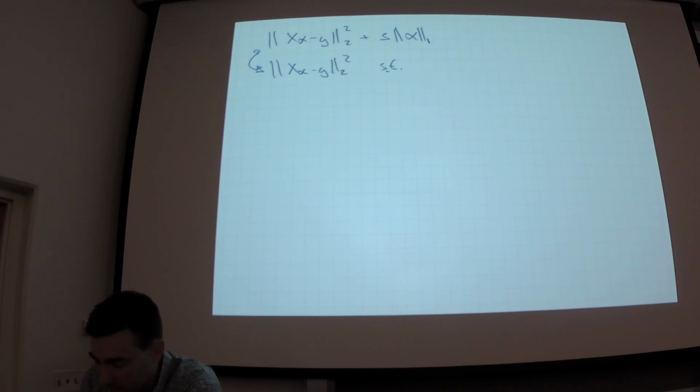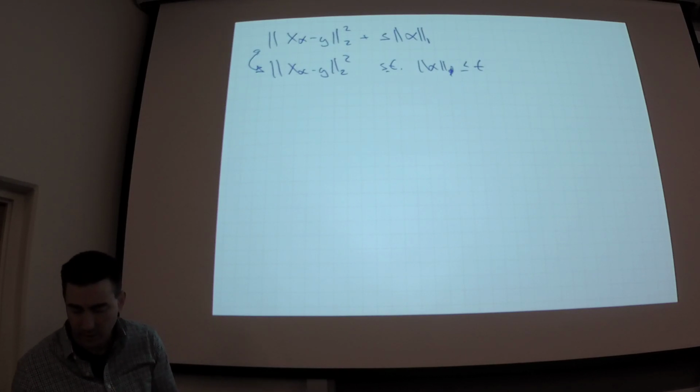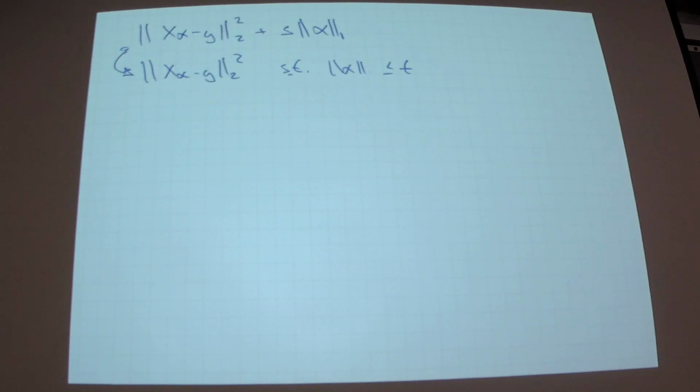have a such that the one norm is less than t, right? So that instead, I can say I want to solve the exact L2 formulation here, the least squares formulation, but put a hard restriction that the one norm of the coordinates is less than some value t, right? And so as S gets